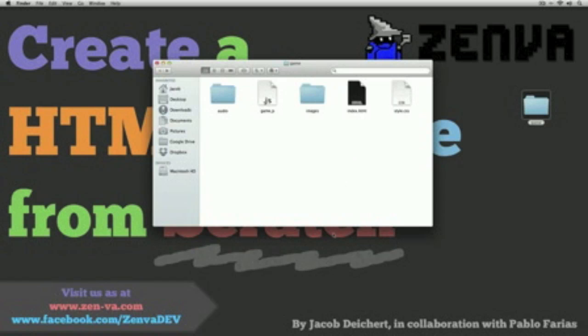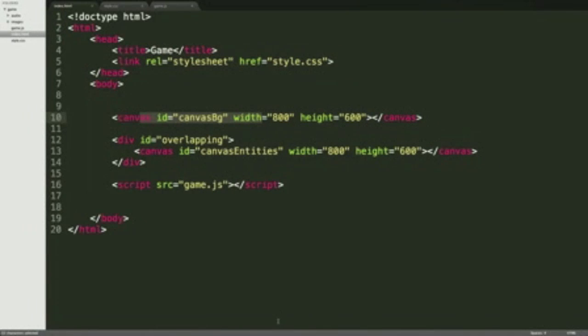Next up, we need a text editor. I use Sublime Text 2, so that's what I'll be using throughout this series. You guys can use pretty much whatever text editor you like and will work for you, which is good. And I guess we will get started. So first of all, what we want to talk about is the index file. The index file, it's just a normal HTML file with the head, the body. We have a title. We link to our CSS style file, which is up here. We'll get to that in a second. So inside the body,